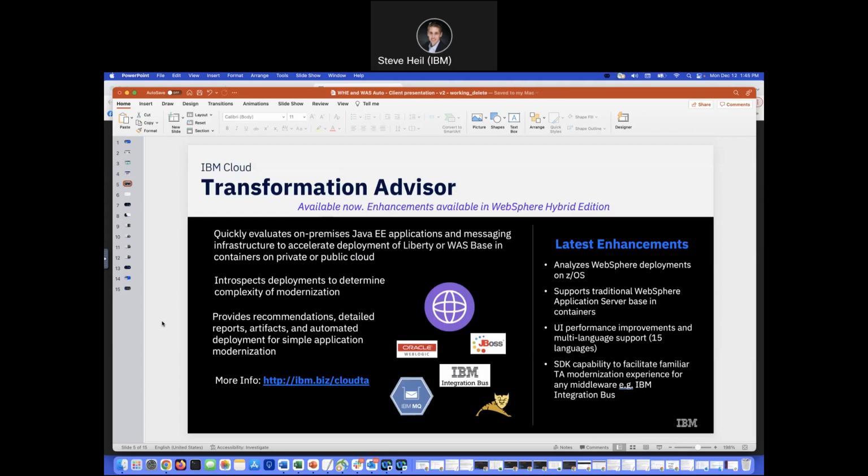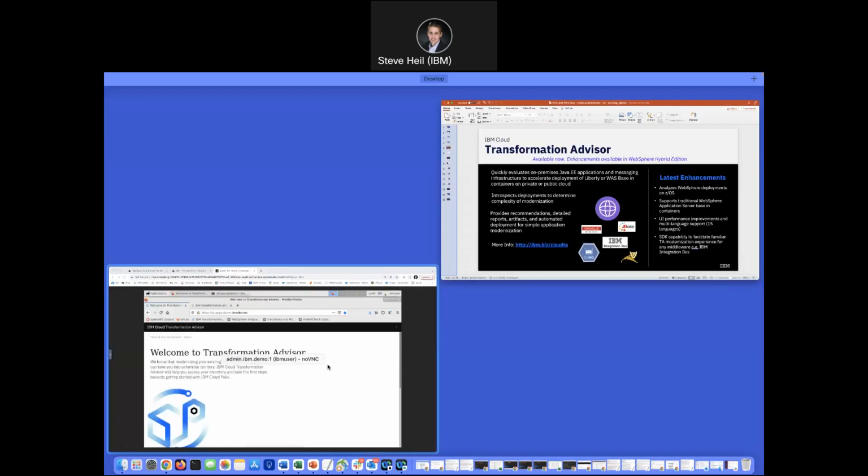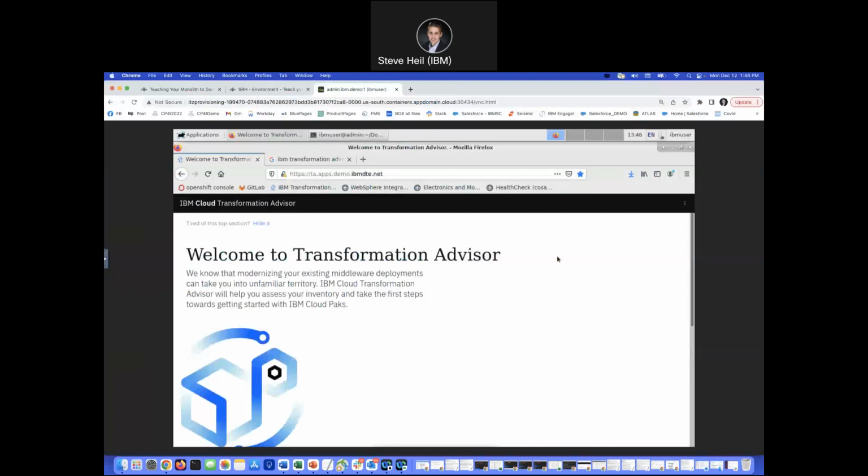And this is where I want to focus in on today. I'm going to give you a quick demo of Transformation Advisor. So here we are, Transformation Advisor. As I said, Transformation Advisor will accelerate the application migration process, minimize errors and risks, and reduce time to market. Transformation Advisor, and I'll call it TA from here on out, will identify the Java programming models